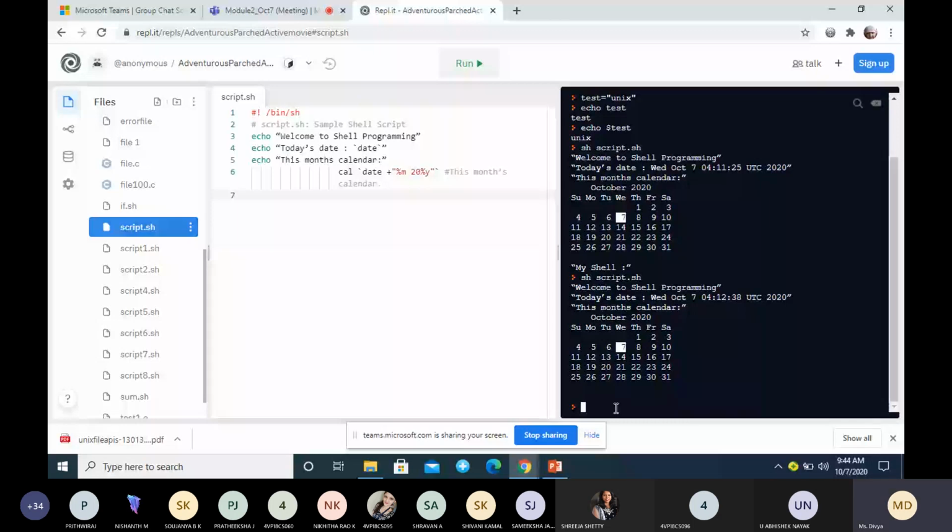What is the command used for giving the execute permission? chmod.